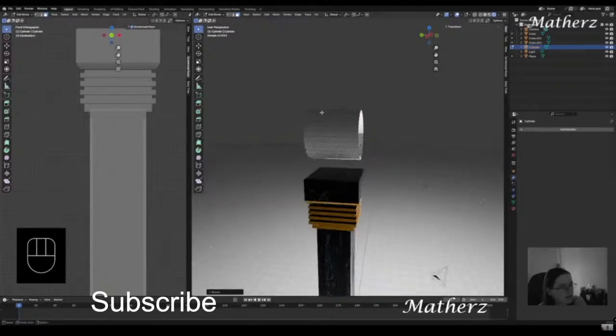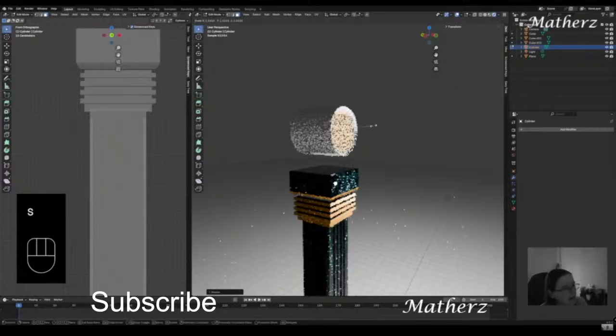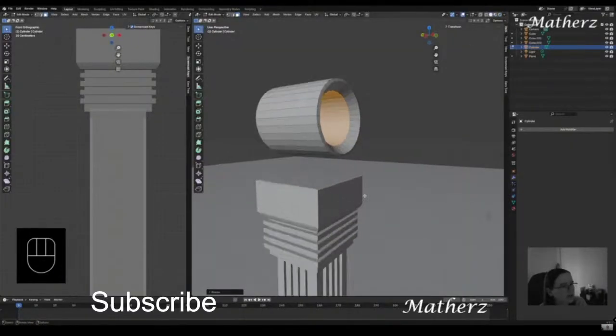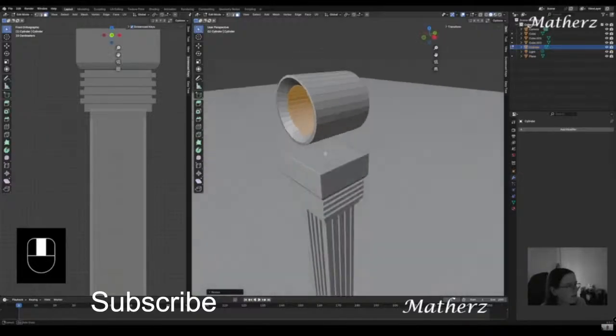And then what you want to do is just make sure that's scaled in just ever so slightly. S for scale on the outside just ever so slightly, and then S on this scale, and then E for extrude, scale inwards like that. So when you've finished this, what you should have is some sort of tunnel like this with that nice little